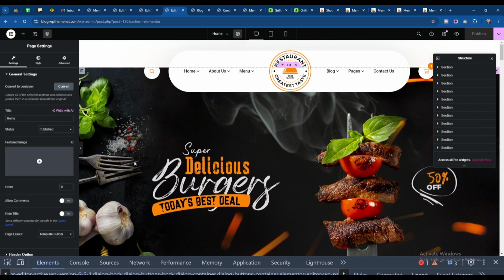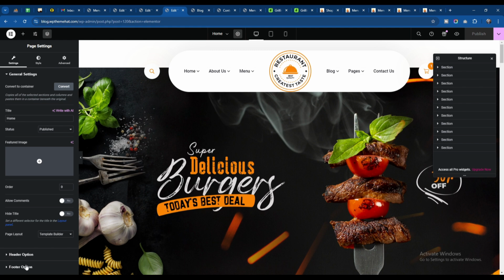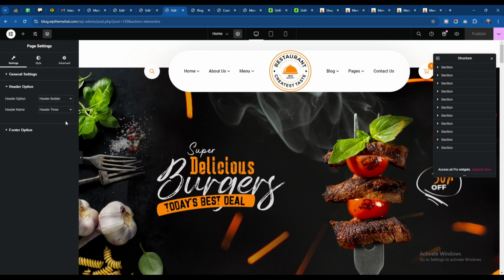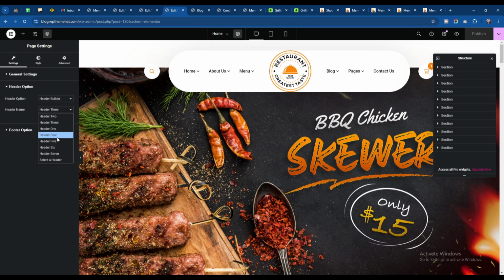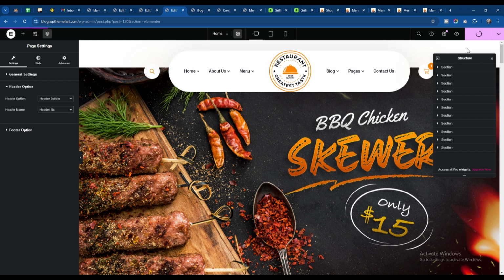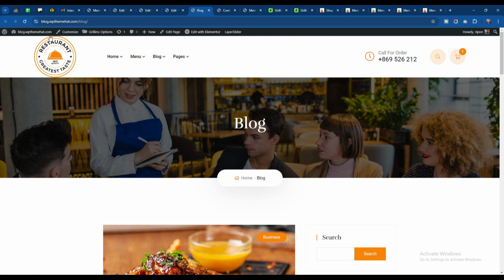I'll click on it, and from there you will see these options, header options and footer options. The header option has been selected as Header 3. If I want to change this Header 3 to Header 6, I click on the Save button and make sure to publish again, and if I refresh my home page,